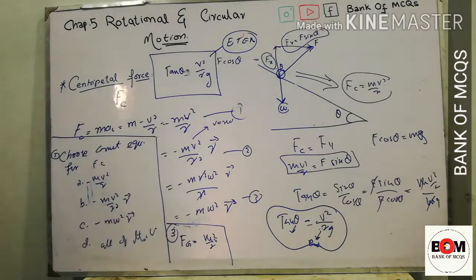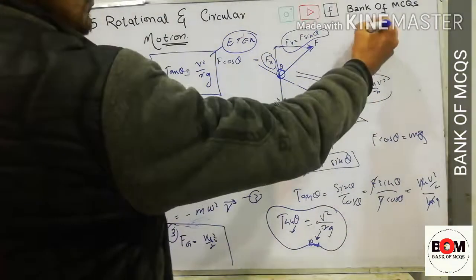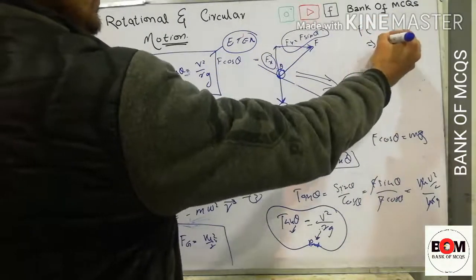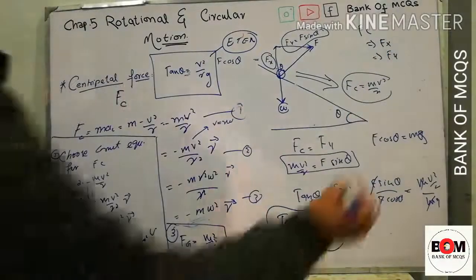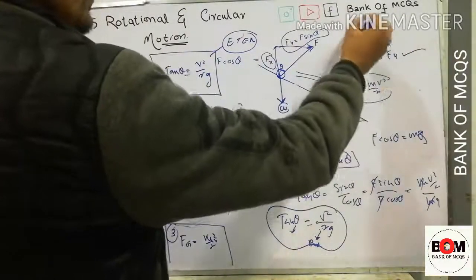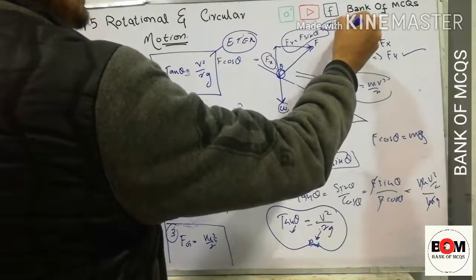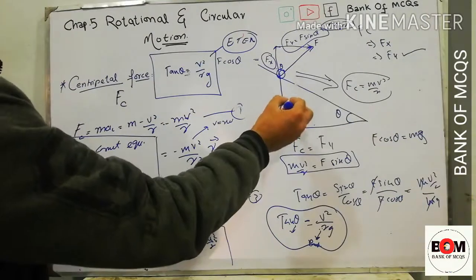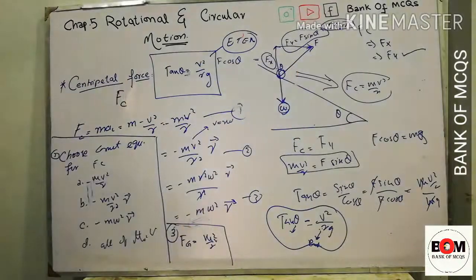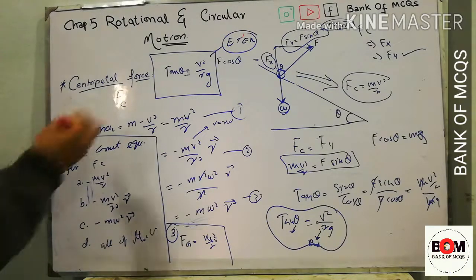The next thing is that centripetal force is due to fx component or fy component. So the centripetal force is due to the fy component. This is also for NEET and MDCAT. Now the weight is cancelled by mg, that is the fx component. So here the total points that you must learn by heart are, centripetal force is denoted by